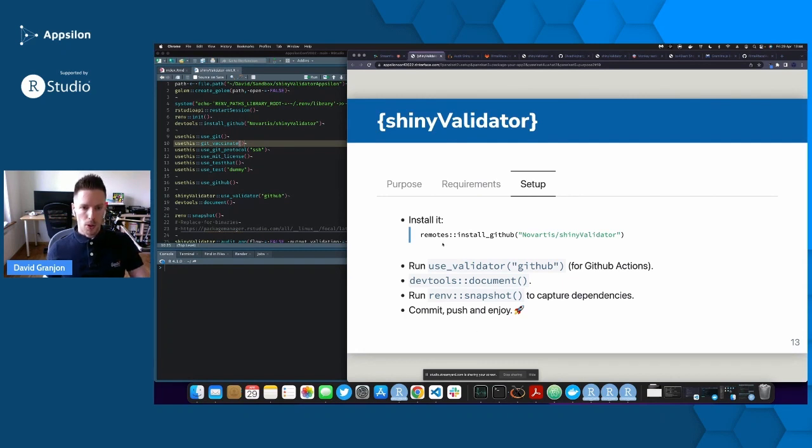To set up, you just have to run that command. You can find it in Novartis/Shiny Validator, and then you run the validator command. You select the platform you want, and then